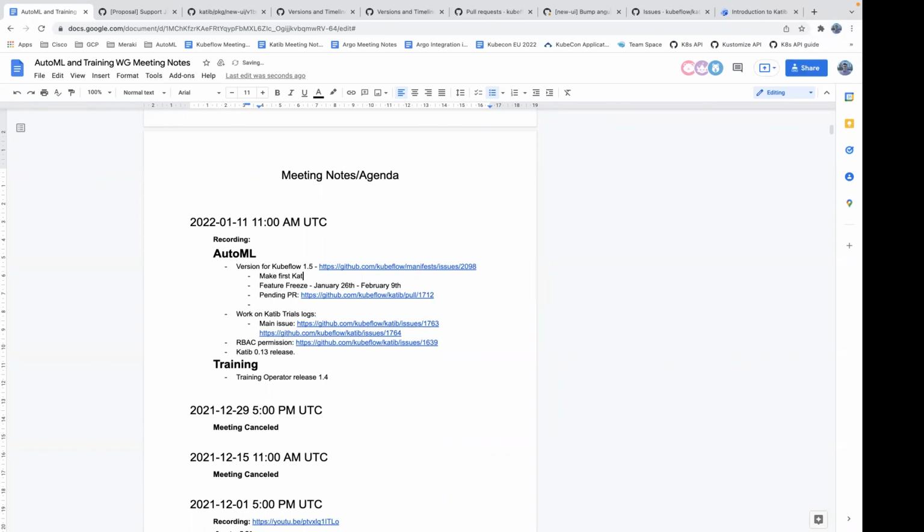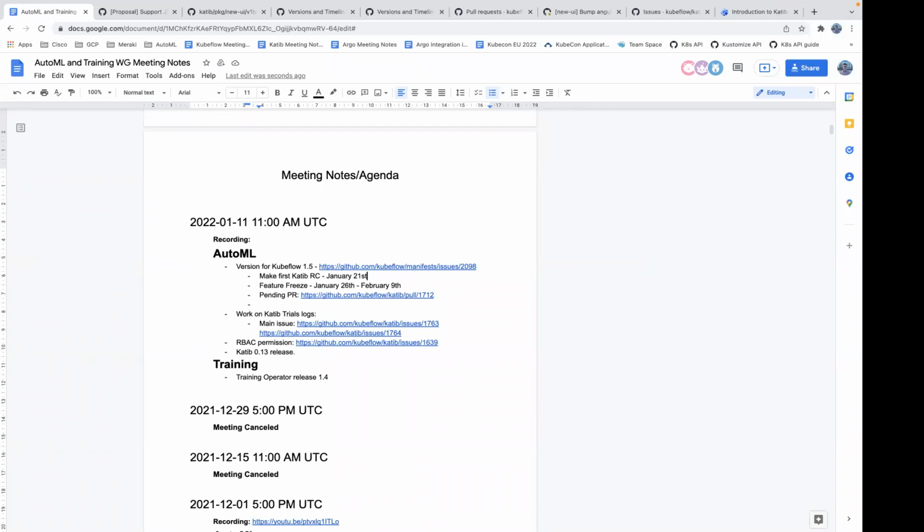Small comment, not too much related to the work you're doing, but for manifest, I'm going to push a pull request in the manifest repo that is essentially a simple bash script that takes the manifest from the KTIP repo and creates a new branch in the manifest repo, so that it's going to be easier for release team members to just run the script and take the manifest from AutoML and create a pull request. So I might need some help on the PR for one of you to double check that the manifests, the files are copied correctly, etc. Yeah, that would be great.